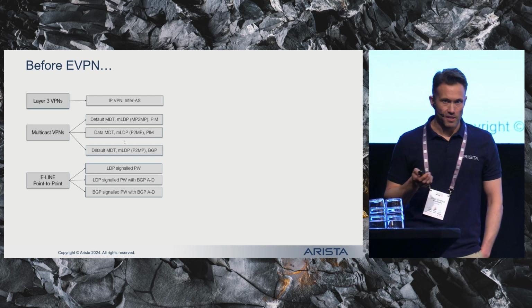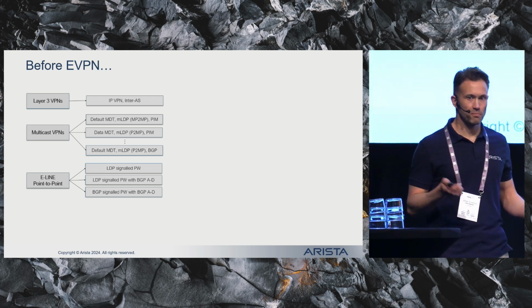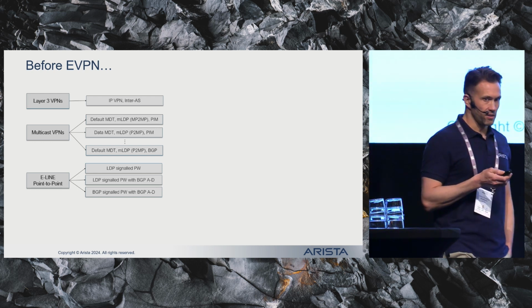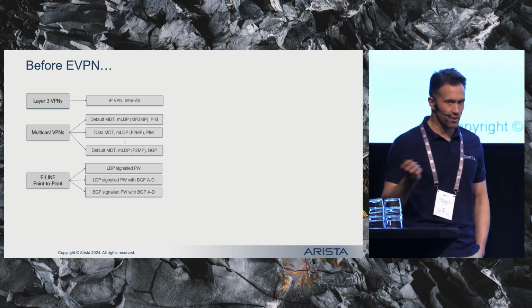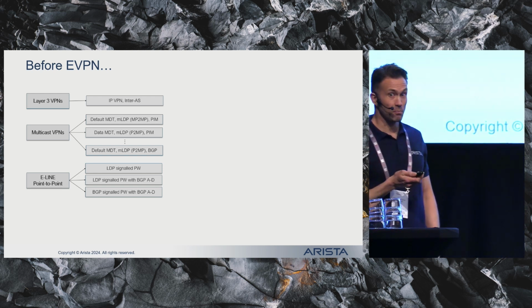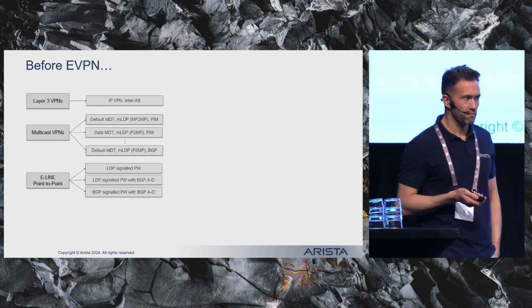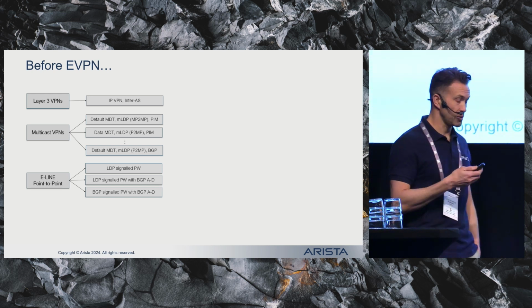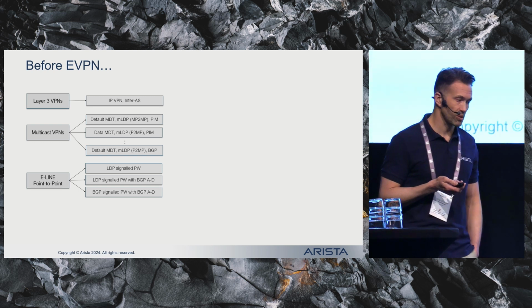Then we have the E-Line service, a point-to-point VPN, so basically a virtual wire between two logical interfaces in the network. No MAC learning, no routing, simply a pipe to replace the black fiber concept. But of course, there were competing drafts done by the Kompella brothers. You had the Martini draft, which used LDP as the signaling plane, later adding BGP for auto-discovery. You had the Kompella draft, which used BGP as the control plane, similar to the layer 3 VPN concept.